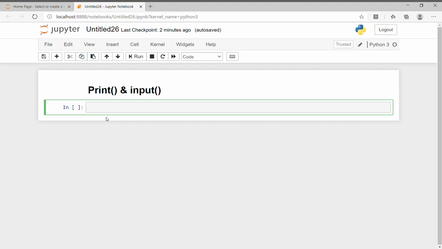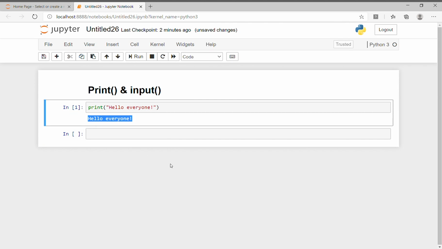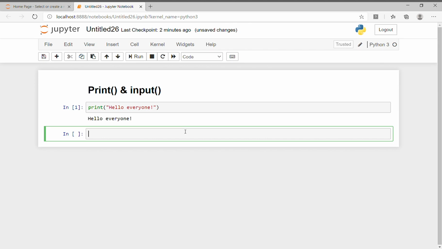Like, the first way is if we want to print a simple statement like hello everyone. With the help of double quote or single quote, you can type that particular statement as it is, and when you click on the run button, you will get the output as it is, like hello everyone. This is the first way to print a statement, using the print statement or print function. Basically, print and input are predefined functions which are already defined in Python's library.